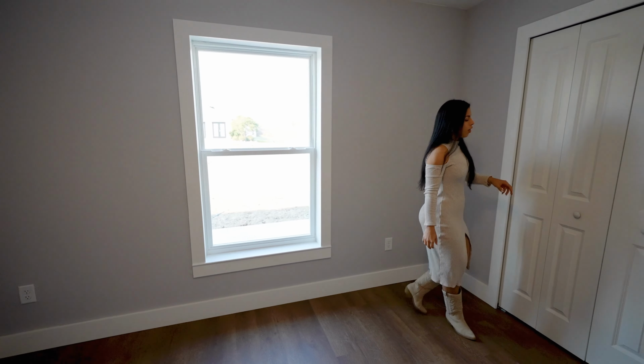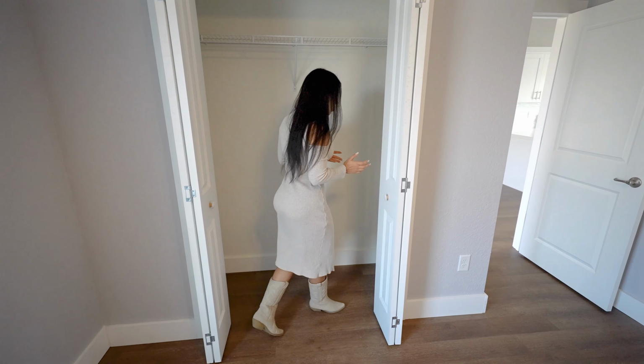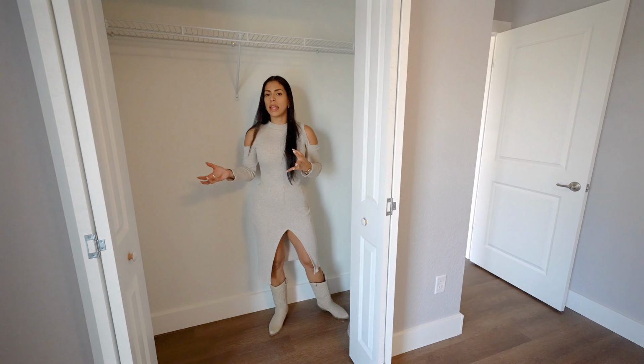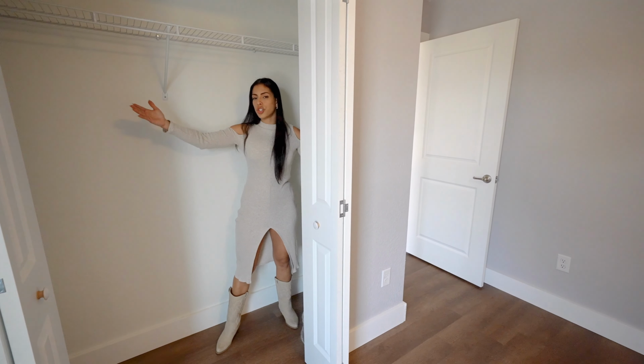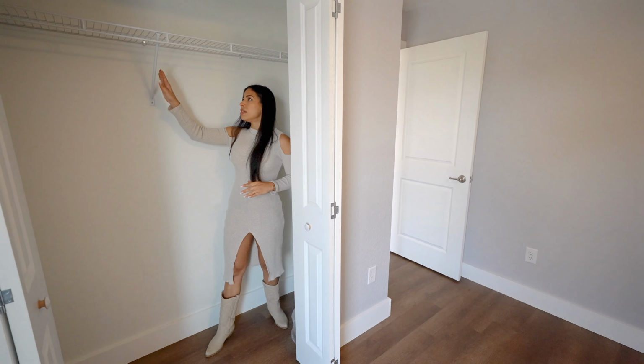Then we have the accordion doors that lead me to the closet, which I will tell you doesn't have lights in the area, but we have an even larger closet compared to the other bedrooms. Okay guys, so it's something that you can